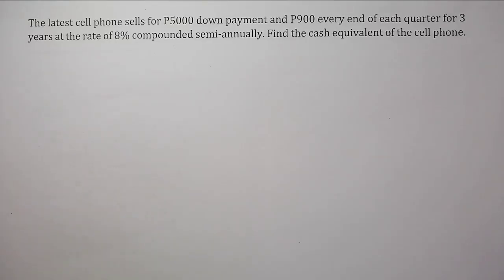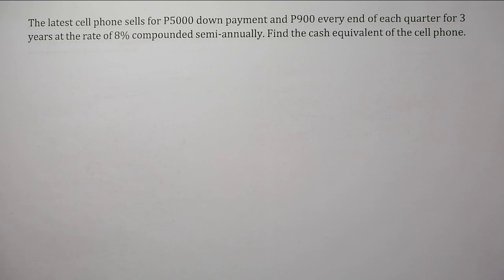Let us proceed to our second example. The latest cell phone sells for 5,000 pesos down payment and 900 pesos every end of each quarter for 3 years at the rate of 8% compounded semi-annually. Find the cash equivalent of the cell phone. Since we are looking for the cash equivalent of the cell phone, we'll be getting first the present value